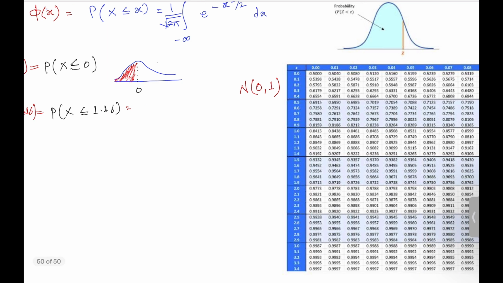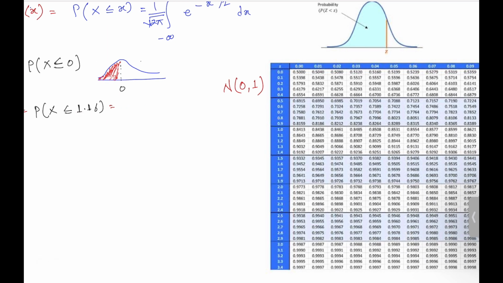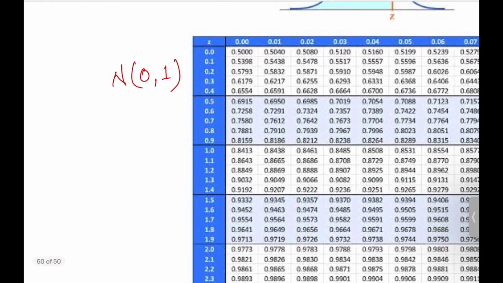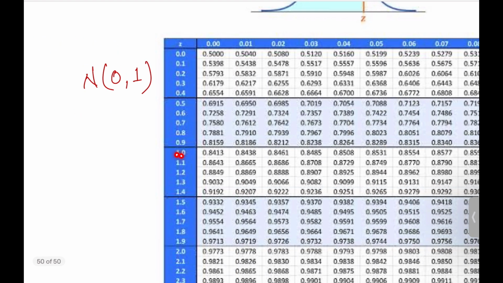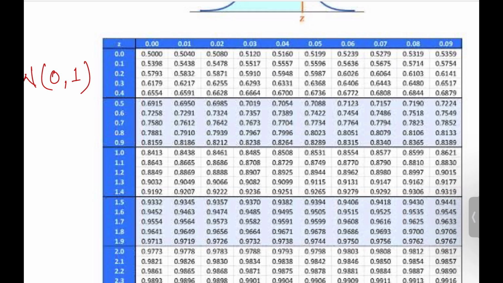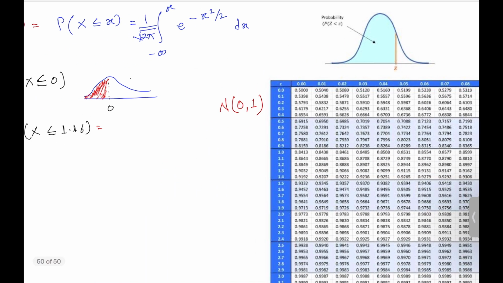How can you use this table again? So this is 1, right? So you are going to look at this column. The 1 is here, right? Let me zoom it out. 1 is here, right? And 1.16. So this is 1, and so 1.16, right? So 1.1 is this one, and 0.06 is here. That means you are going to take this value, right? So 0.8770,